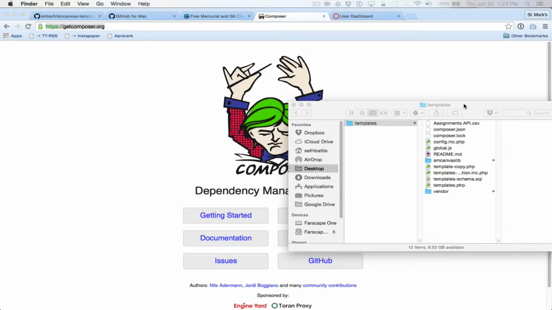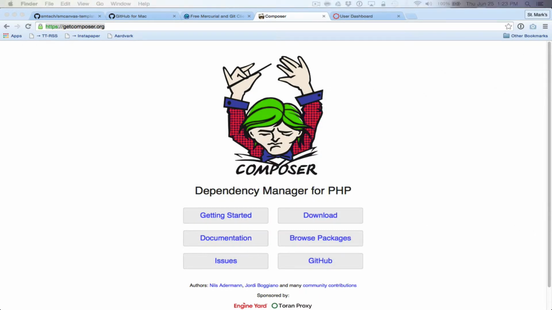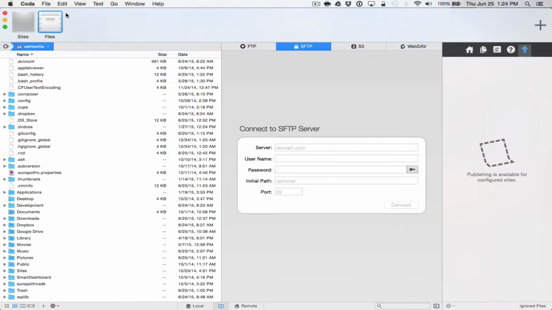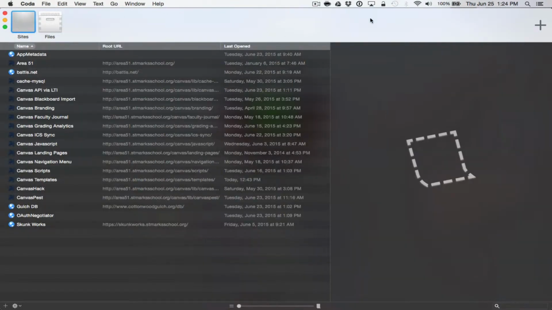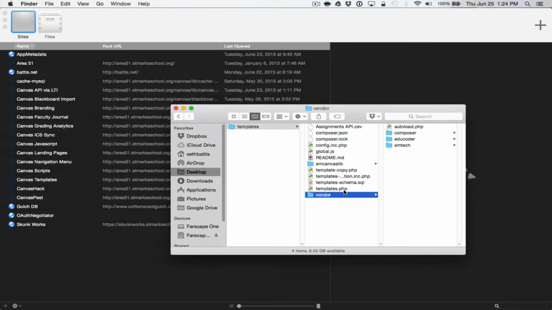And I've got all of my source code, but I do need to edit some stuff. So I'm going to bring up my actual real text editor right here, which is, let me close all this stuff so you don't have to see it. I use Coda to do most of my development. I find it to be kind of lovely and pretty and just barely enough to do what I need. And in this, there is a file called